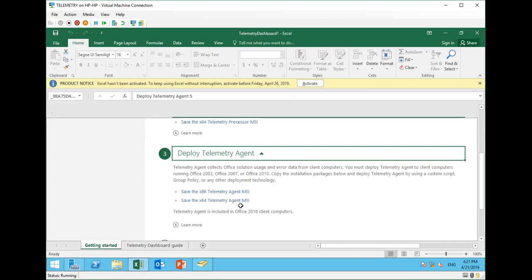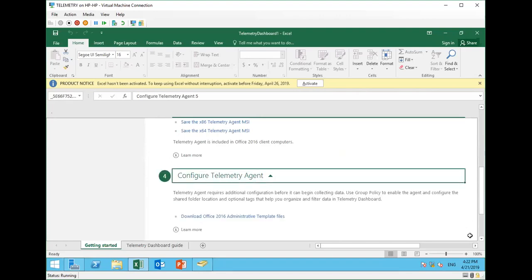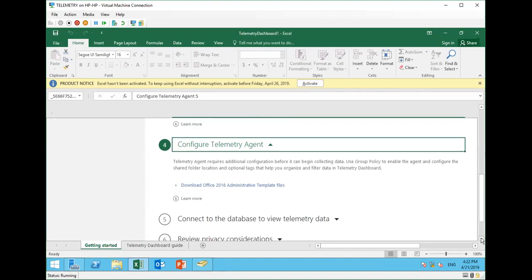If you have Office 2013 and above, you don't have to worry. It means that our telemetry agent is already going to be on those systems. If you use Office 2013 and above, don't worry, telemetry agent is already there. But if you're using 2003, 2007, 2010, then you need to install telemetry agent on those systems. So that's step number 3. Let's move to step number 4, shall we? We want to configure the telemetry agent. Don't worry about configuring it, it's fine. So next, step